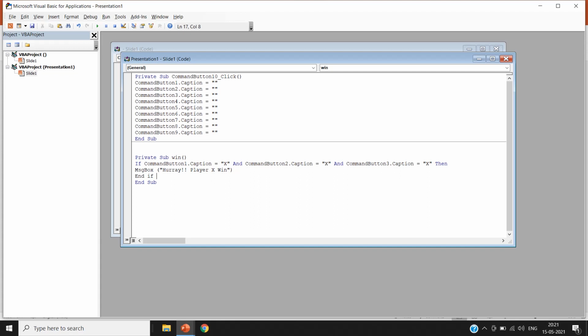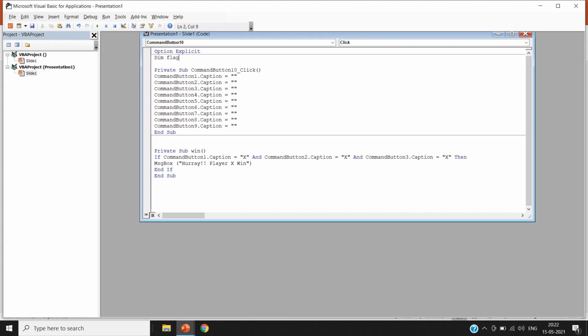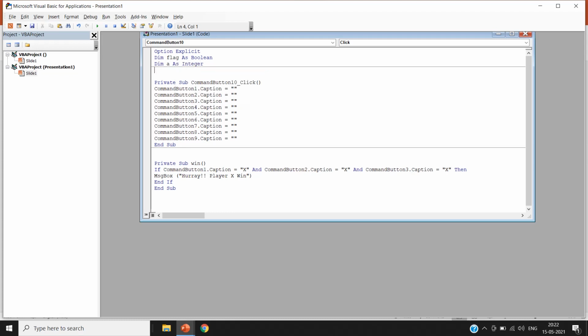We have to do it for every possible option. After that, I'm writing a global variable here. First, I'm declaring flag as Boolean. Second, I'm declaring a and b as integers.